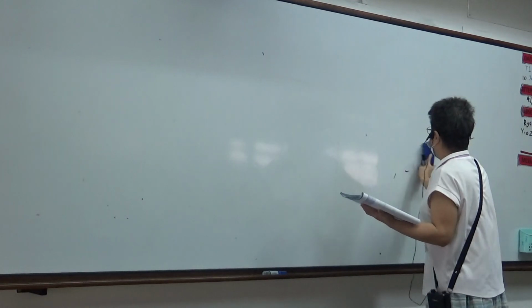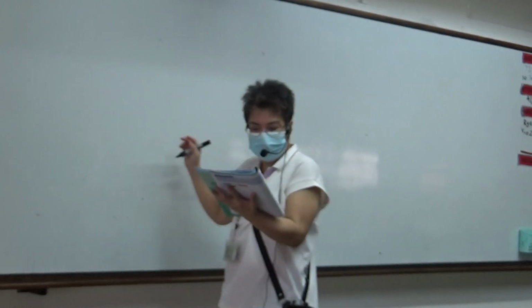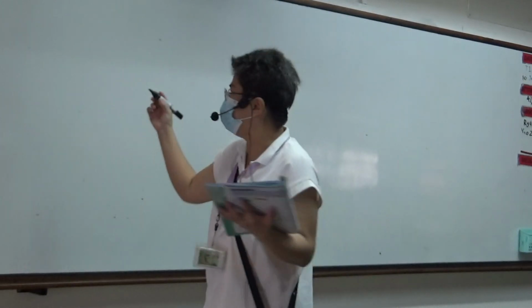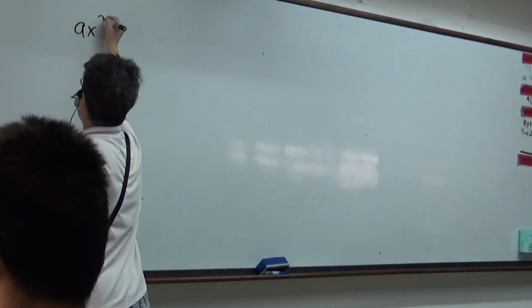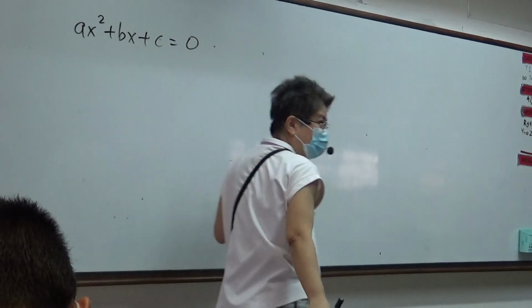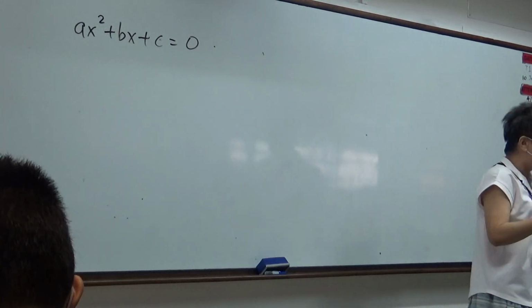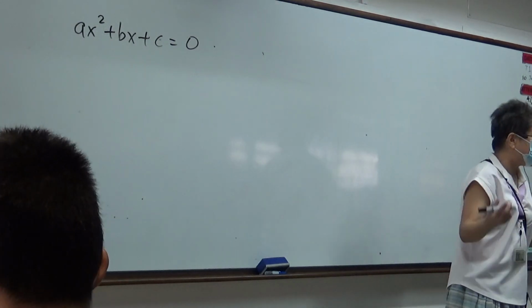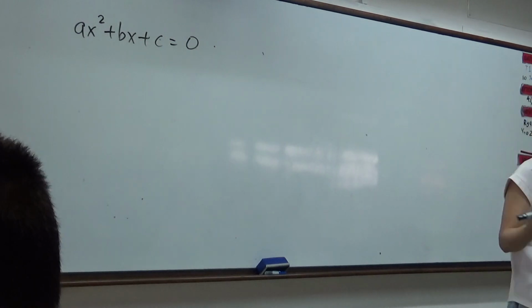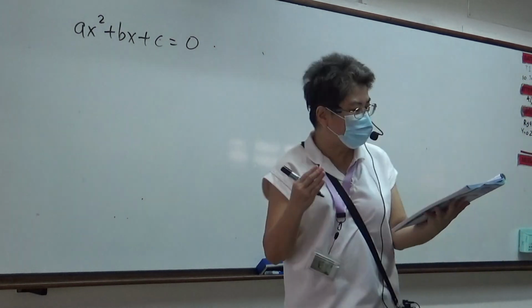Alright? Now, the general equation of quadratic is ax squared plus bx plus c equals to 0, right? Alright, where a, b, and c are constants. Constants means any number. It can be a fraction, it can be a whole number, it can be an integer, whatever you have. Everybody clear? Okay, now, if you look at page 9, right,